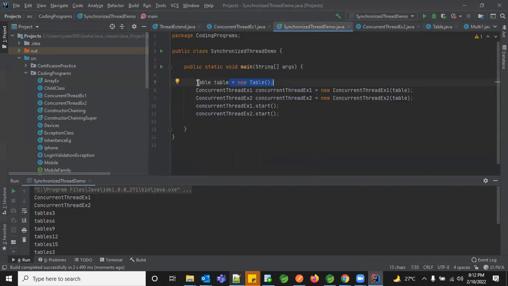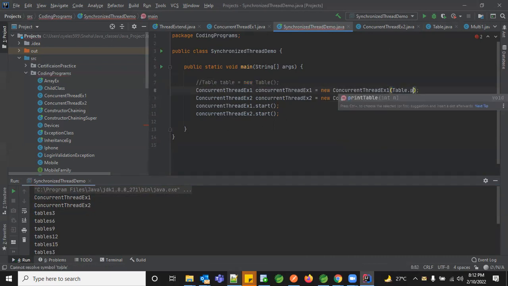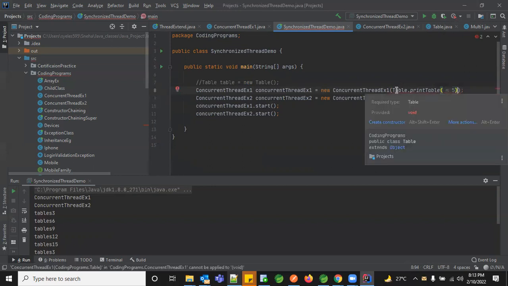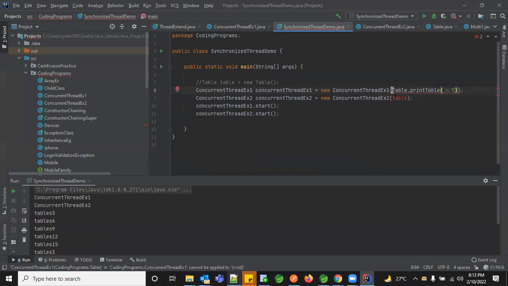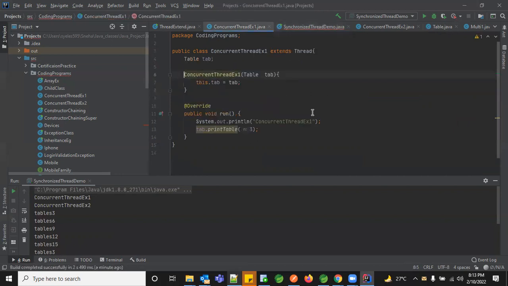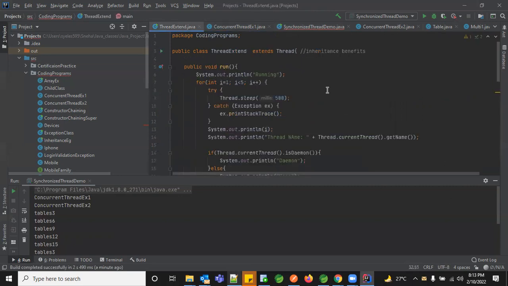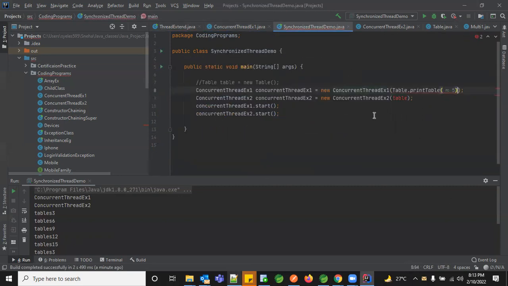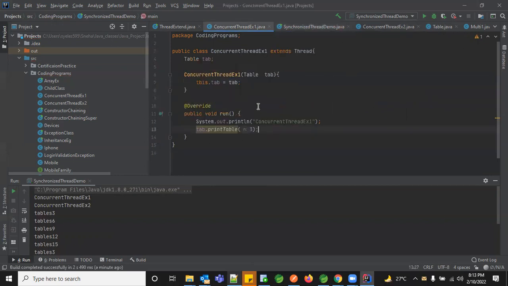So what I can do, I can comment this. I can have table dot print table of 5. I need to change the entire thing.